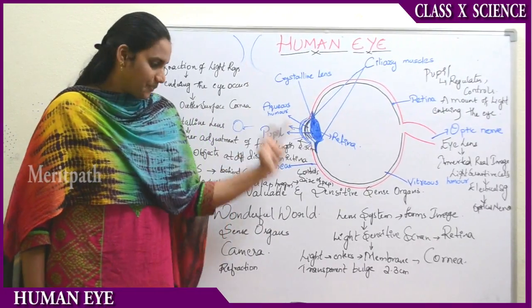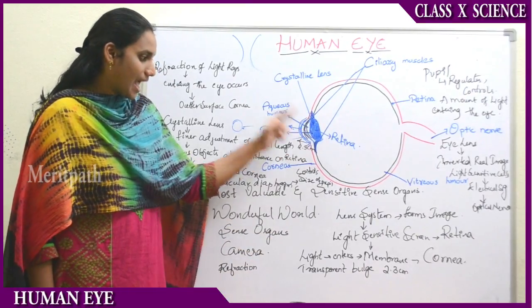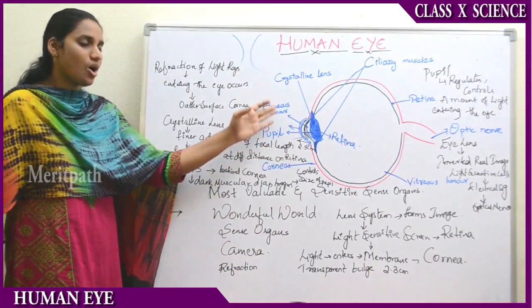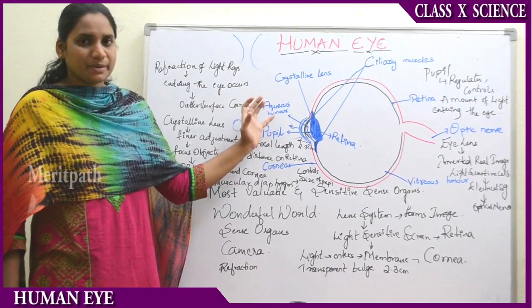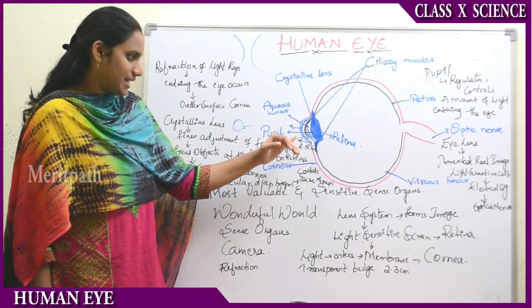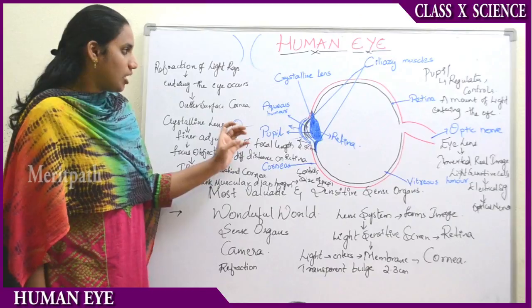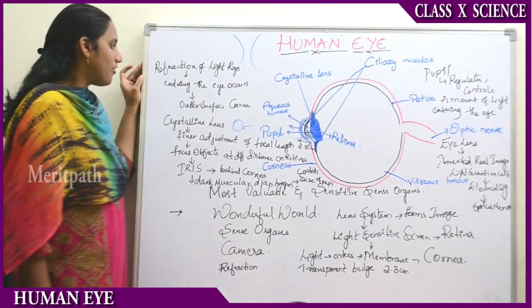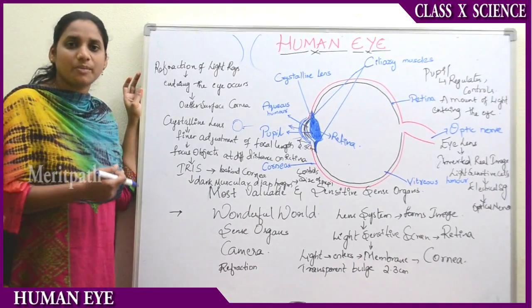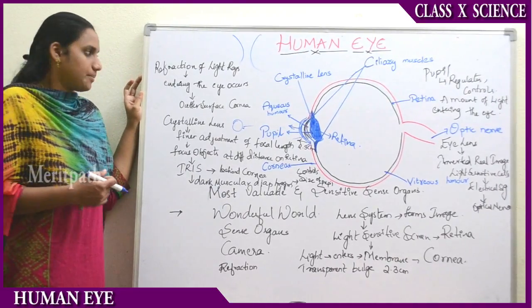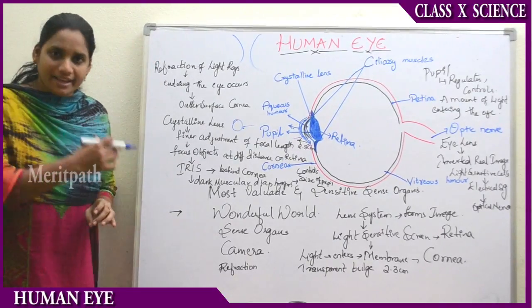the optic nerve. Now here you will see that light enters the membrane, and this first outer membrane is said to be the cornea. This is very transparent and it is bulged at the center, and the bulging diameter is around 2.3 centimeters. And if you observe here, the refraction of light rays, we have studied previously the reflection and refraction properties of light in the previous class, enters the eyes